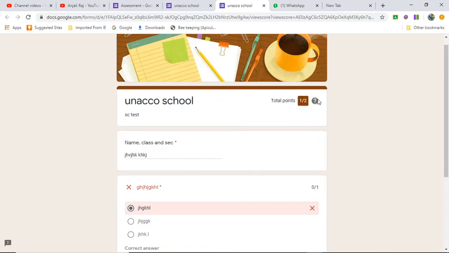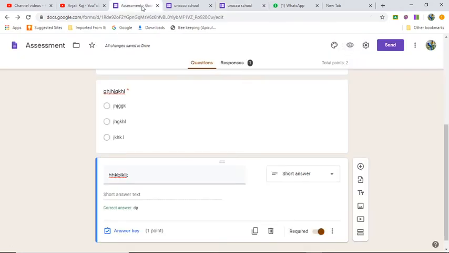Final score pending, because sometimes this is not the final score, because we have to assess it by ourselves also. After assessing we can give the final score, because he has written DP, and it's a short answer type question, no?